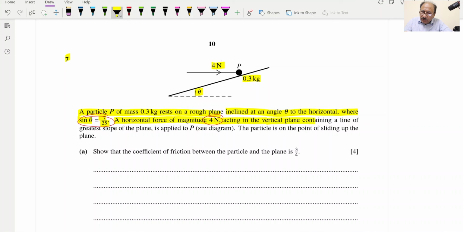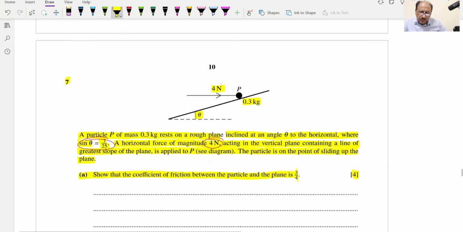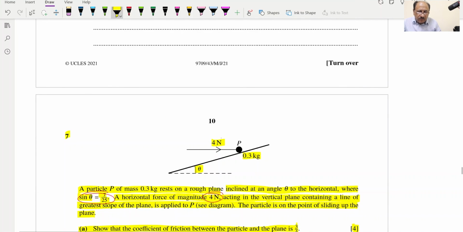The vertical plane containing a line of greatest slope of plane is applied to P. See diagram. So the particle is on the point of slipping up the plane. So show that the coefficient of friction between the particle and the plane is 3 by 4, and this is a 4-mark question. So first of all, we can resolve the diagram,